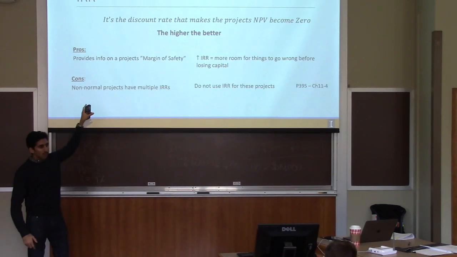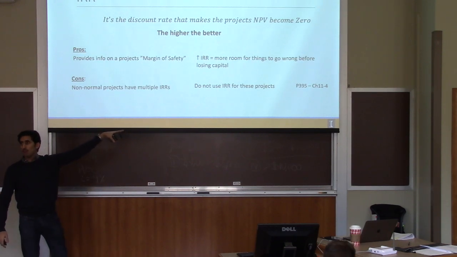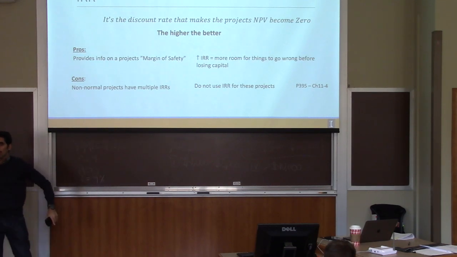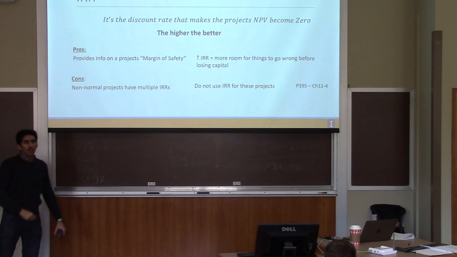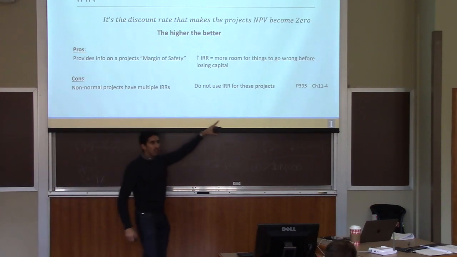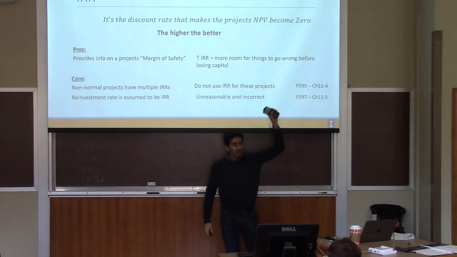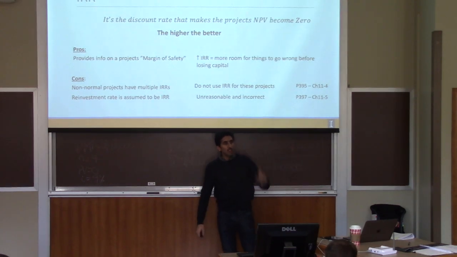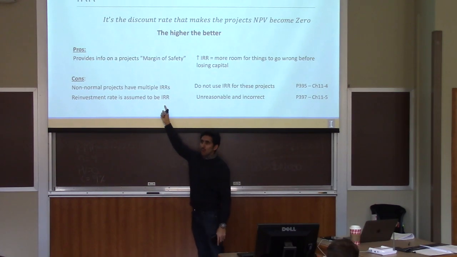But it has drawbacks. Any non-normal project, we can't use the IRR method with. And what's a non-normal project? It's a project that has positive returns in 1 year and negative returns in another. We can't use the IRR. If you want to read more about it, he's probably going to ask you a conceptual question about it in the exam, page 395. Another drawback is it assumes it reinvests the cash flows at the same IRR, which is